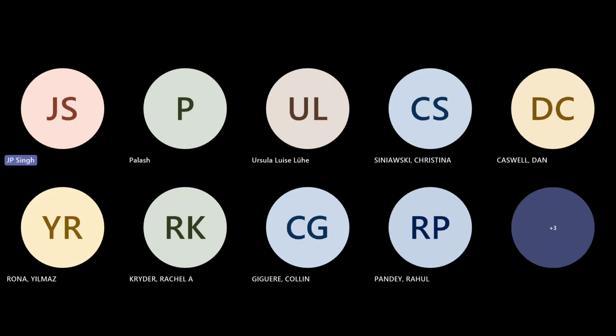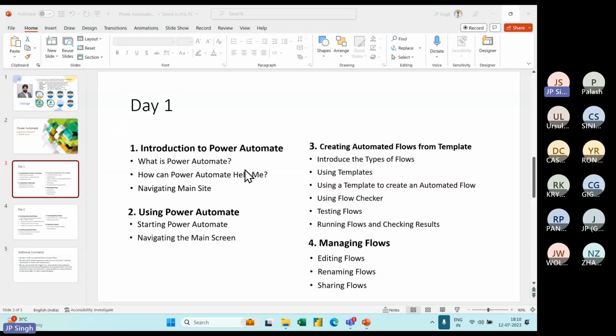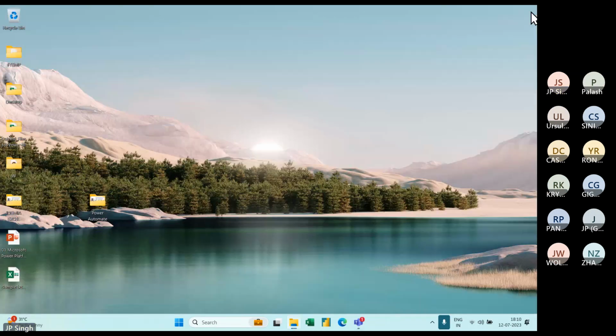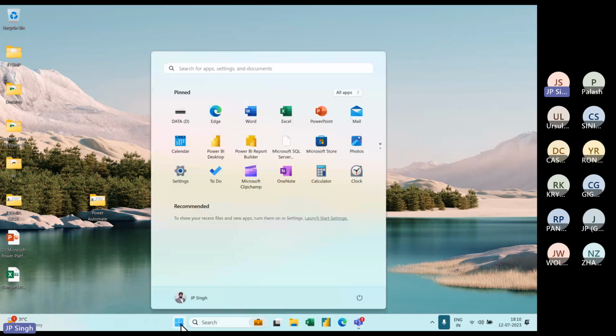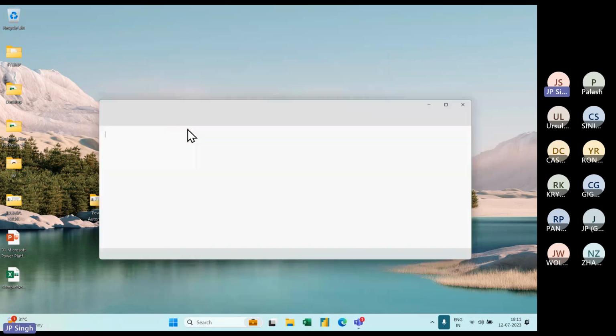Let me start with the program, guys. I'm not going to use many slides. I'm making this session more practical and hands-on, along with the concept knowledge. So I'm just sharing my screen. I'm closing that. I'll map that content once we are done with that or in the middle of the session. So guys, I'm opening a notepad,